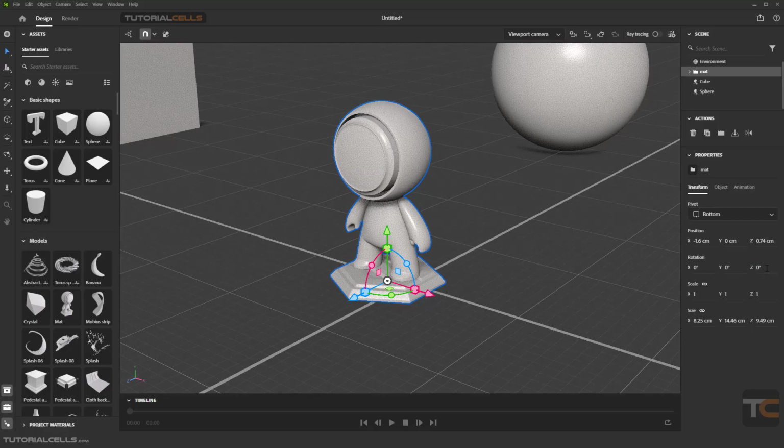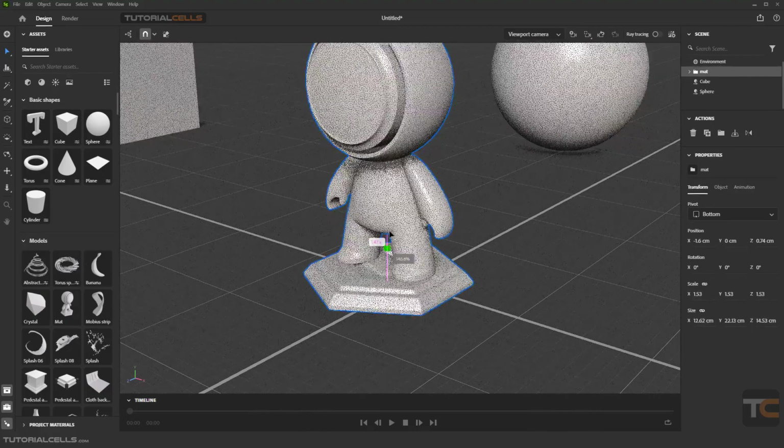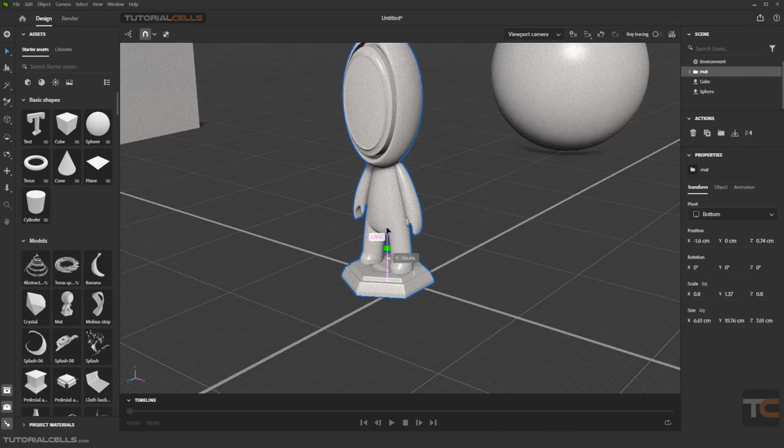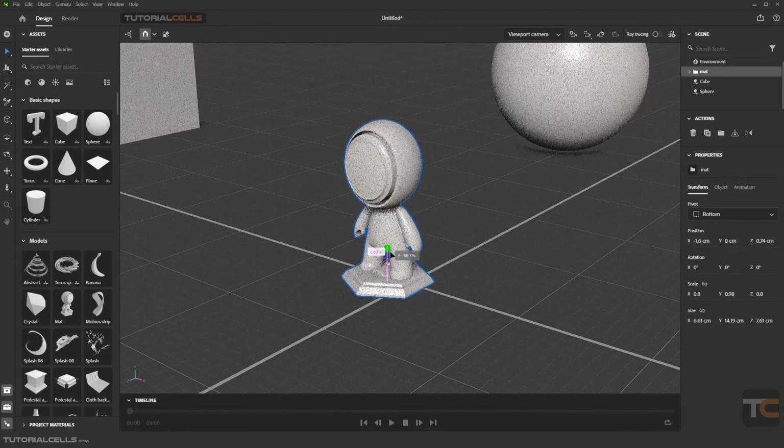Bring it to zero. According to the pivot point, you can scale it in both axes, as you can see. Why is that? Because in a scale, this link means it's constrained all of these axes together. But if you unlink that, with this handle, you can scale or rotate proportionally when the link is active. But if you deactivate it, as you can see, you can scale it in any